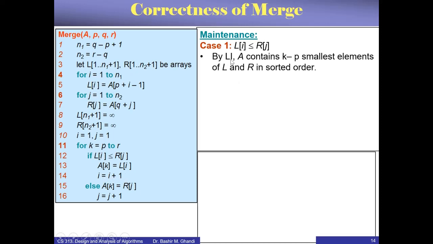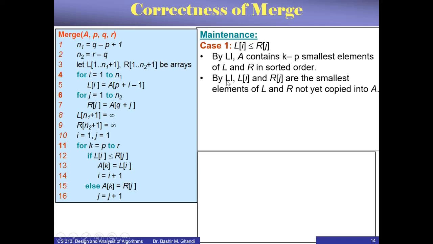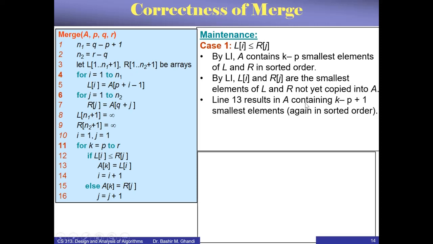So now we are saying by the loop invariant, A contains K minus P smallest elements of L and R in sorted order. Also by loop invariant, L[i] and R[j] are the smallest elements of L and R not yet copied. So if we now execute line 13, will the loop invariant remain correct? The loop invariant was correct just before executing the statements. So now let's see what will happen after executing those. Line 13 results in A containing K minus P plus 1